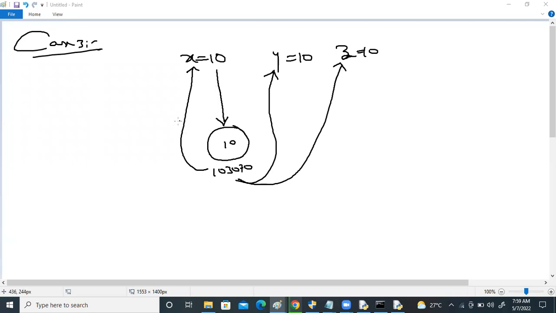Only one object gets created. Means what is your observation? If the contents are same, only one object. If contents are different, now try to answer: